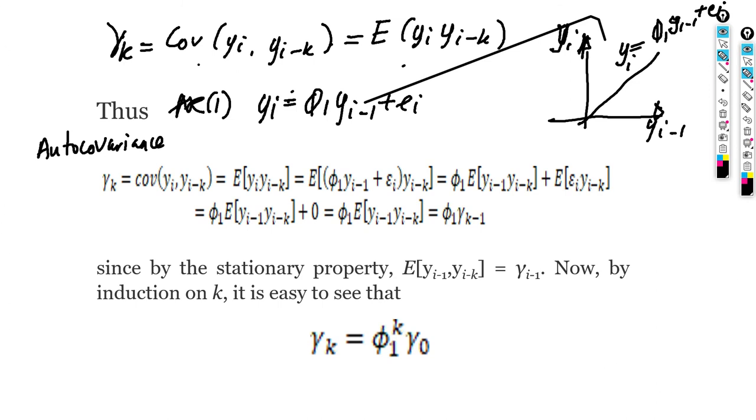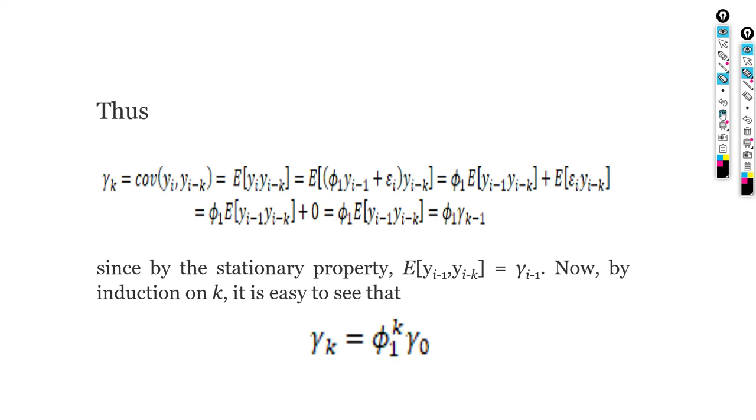So the concept of mean here is a mean of 0. Okay? So y sub i is equal to phi 1 y sub i minus 1 plus epsilon i. Now, to prove this, you substitute y i into this expectation value. Again, my covariance here: gamma sub k is equal to the covariance between y sub i and y sub i minus k,